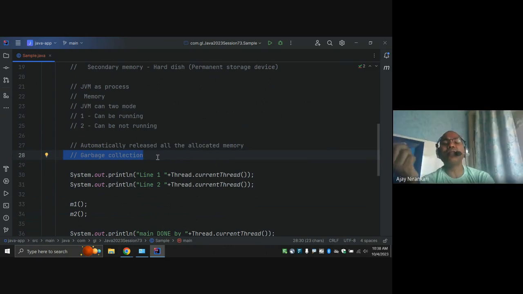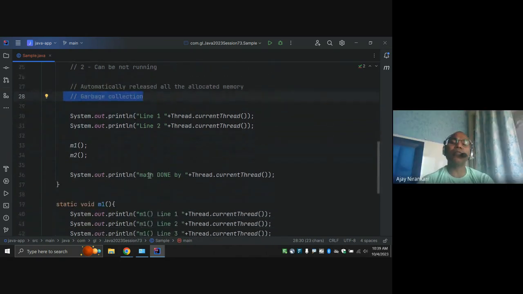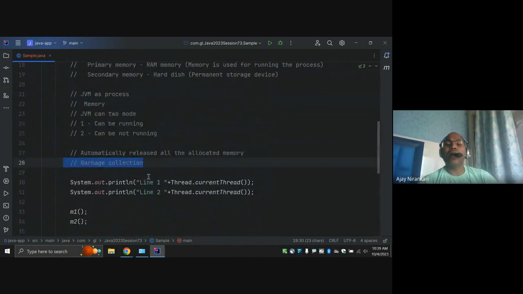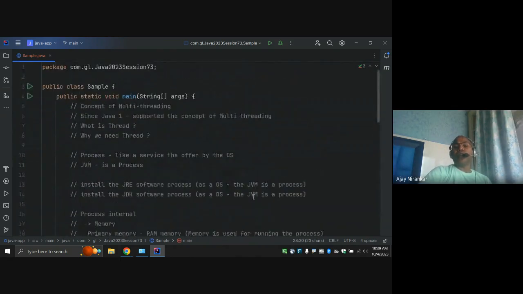This is one of the key features of the Java language. A Java developer just allocates memory and uses it. Once your thread or main method or a specific method completed, that memory is automatically released by garbage collection. For today, it's good, and in further classes, we are going to understand how we can create our own thread, what the different ways to create a thread are, and how to look at which code is written by which thread. A couple of classes we are going to cover. Today was just theoretical.